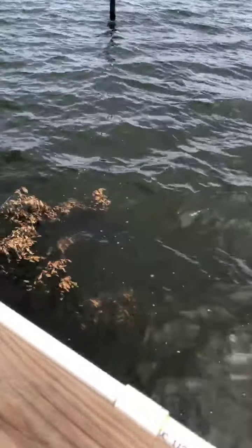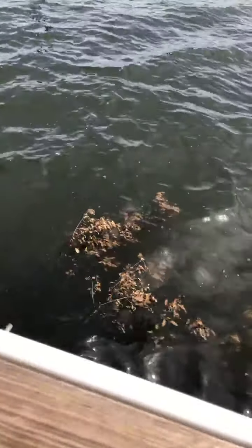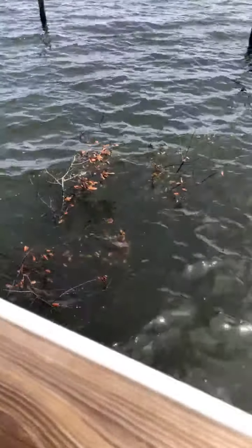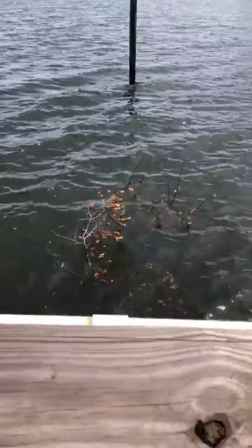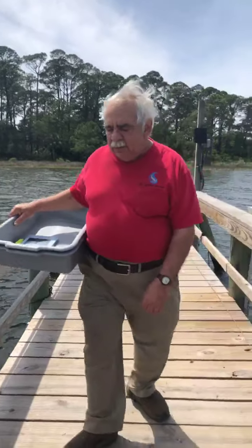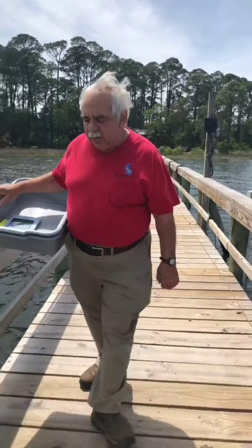And any of you who have got a dock, you can do exactly the same thing. So what happens is the fish will come to these decaying leaves, the shrimp will eat them, baby crabs move in them, they just become these wonderful habitats. So when you see it on low tide, you'll see a lot more. Now this is all very green and just pushed out here, but